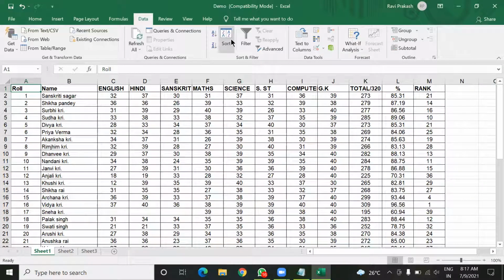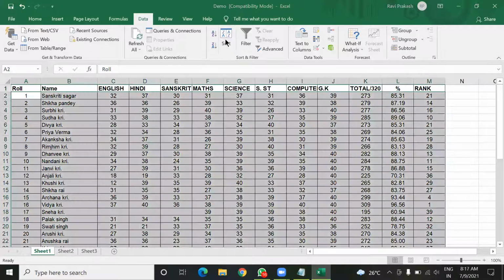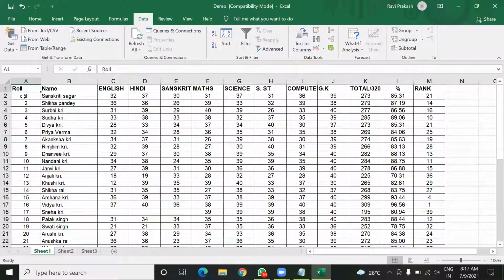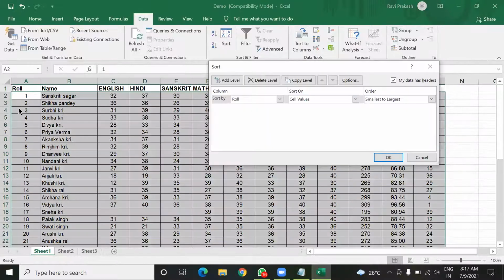Now here a special Sort button is given, so we can use this Sort button also. Before using this Sort button, either we have to select the whole table, or if we simply click on this table, it will also select your whole database.